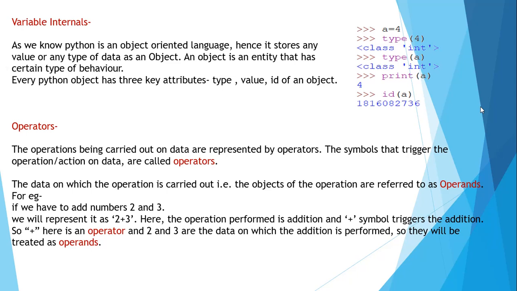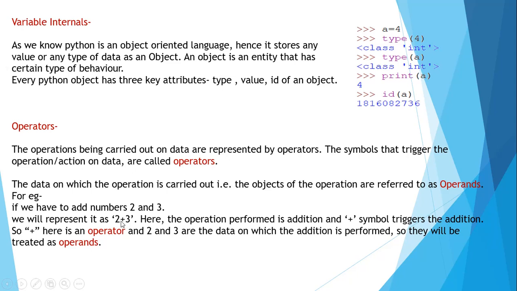Okay. Why? Because we have understood it with the help of this symbol plus. Whenever you see this symbol plus between two numbers, that means you have to add them. Okay. And the operation is the addition. That's why we have written here that the operation performed is the addition, and the plus symbol used in this expression is triggering the addition process. Triggering means it is going to start that operation. Okay, and if this plus is not there, you are not going to get any meaningful result.